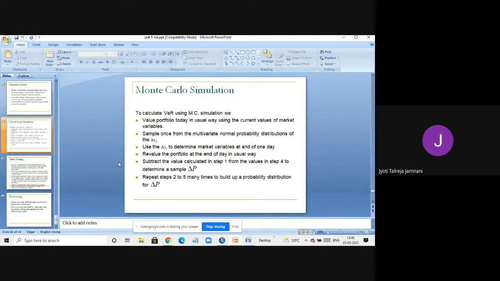For example, suppose that the price of a portfolio in the past was 50 rupees. So you say that if the random number comes from 0 to 9, then I will assume the price to be 50 rupees. Then suppose the next day the price was 55 rupees. So you will say that if the random number comes from 10 to 19, I will use this price. So from 0 to 99, we give the random numbers to each of the prices that we have taken from the past.